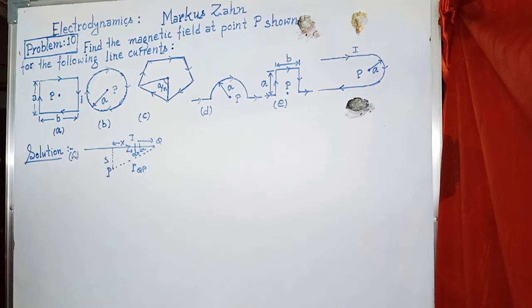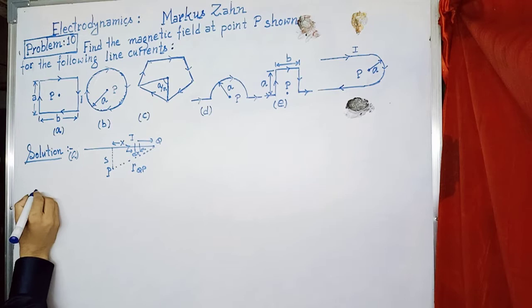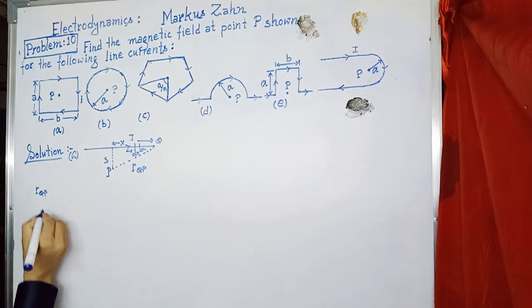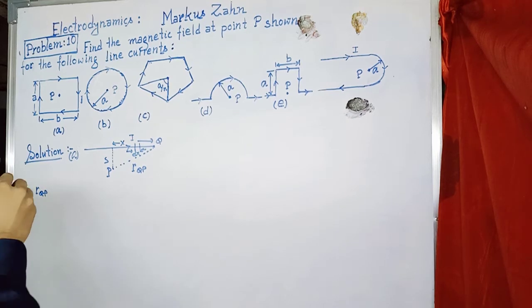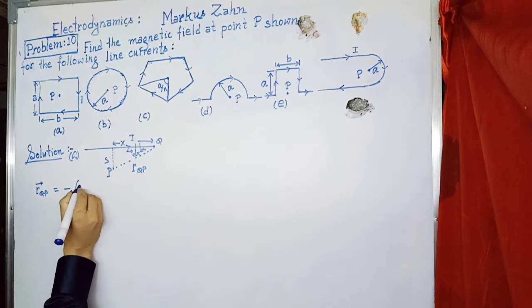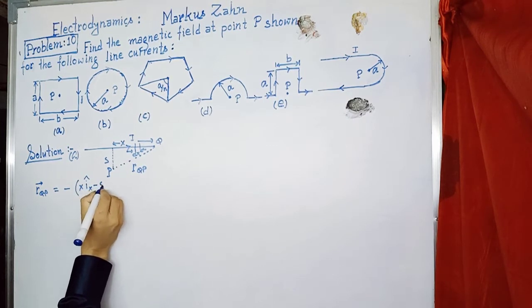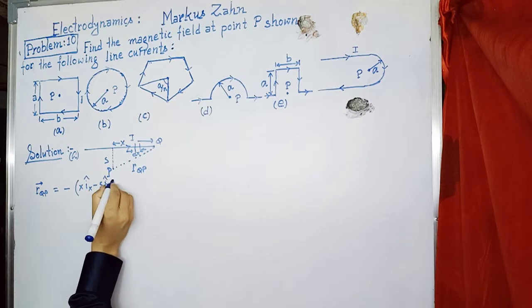Now from this figure we can see that our radius vector RQP is equal to minus x ix cap minus s iy cap,